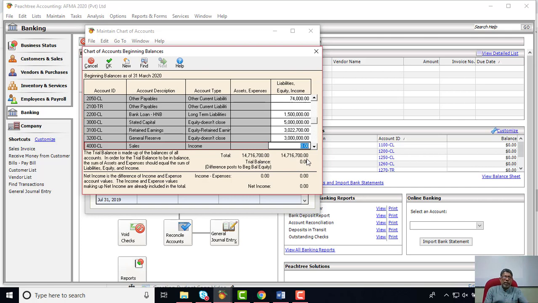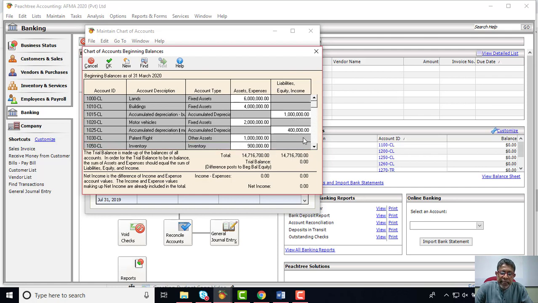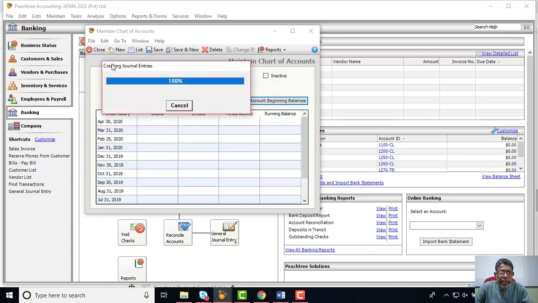Now at that point, we are ready and we have entered all the balances in an appropriate manner, and our trial balance is balancing by 14,716,700 at this point. So then you can click OK to confirm all the balances. Once you don't have any balance here, that means you have entered everything properly, and the amounts given in the handout are correctly typed for each and every item, and you should now click OK, right? So first we click OK and confirm.